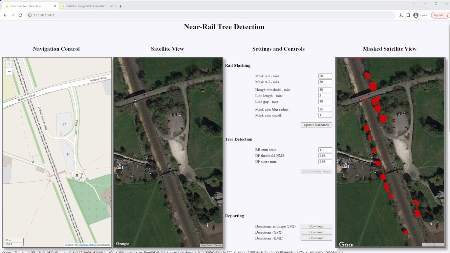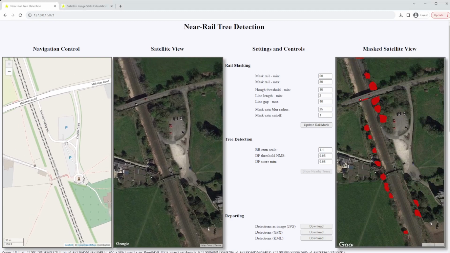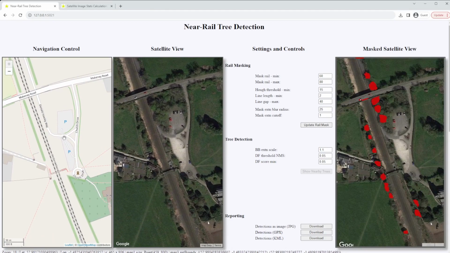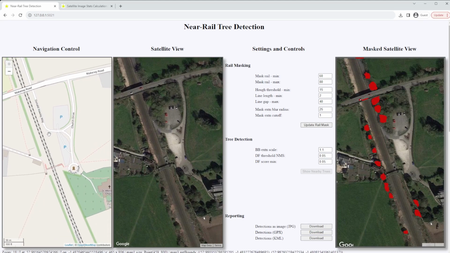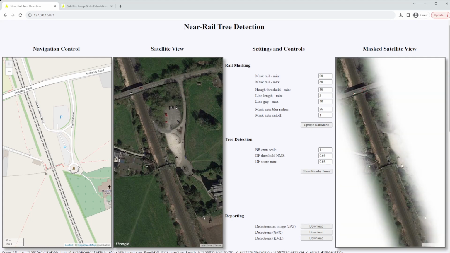As I mentioned before, this is just a simple web application. On the left-hand side, we're using OpenStreetMap to provide a navigation widget. Next to that, there's a Google Maps widget giving us some satellite imagery. And we're using a layer on OpenStreetMap to provide the rail network of the UK. That's provided by Thunderforest. That provides us with some masking capability so we can identify where the track is in